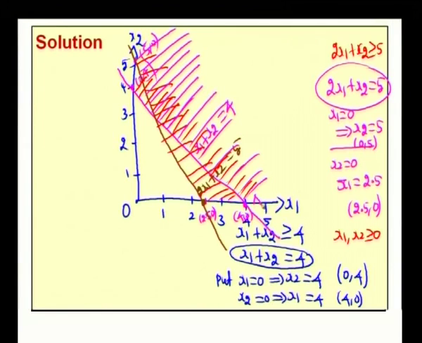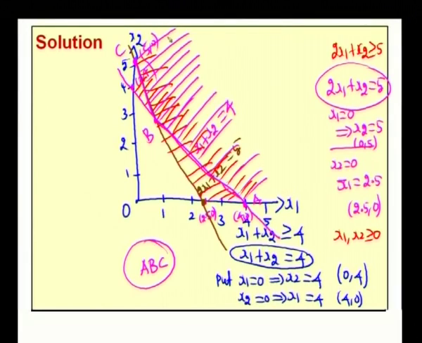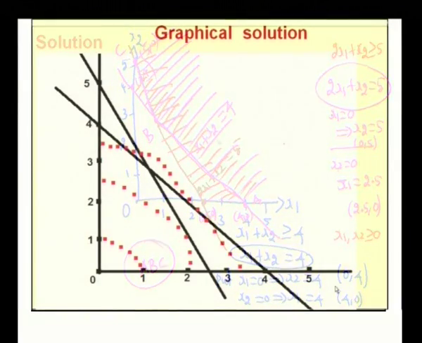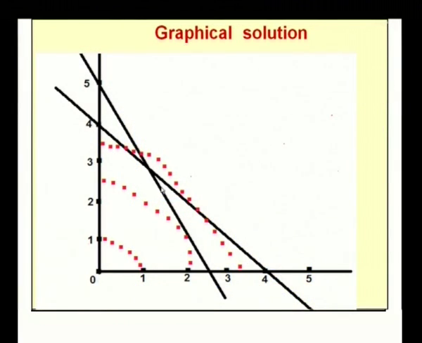We denote this point as A and this point as B and this point as C. So, the unbounded area ABC, the area above this line, that unbounded region ABC is our feasible region. Now, in order to find the optimum solution for the given nonlinear programming problem, we have to consider this unbounded region. The graph can be drawn clearly.